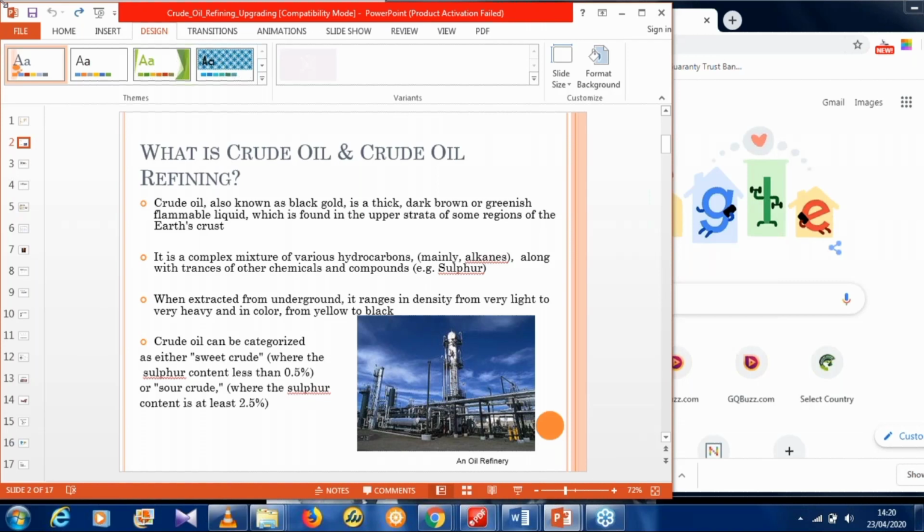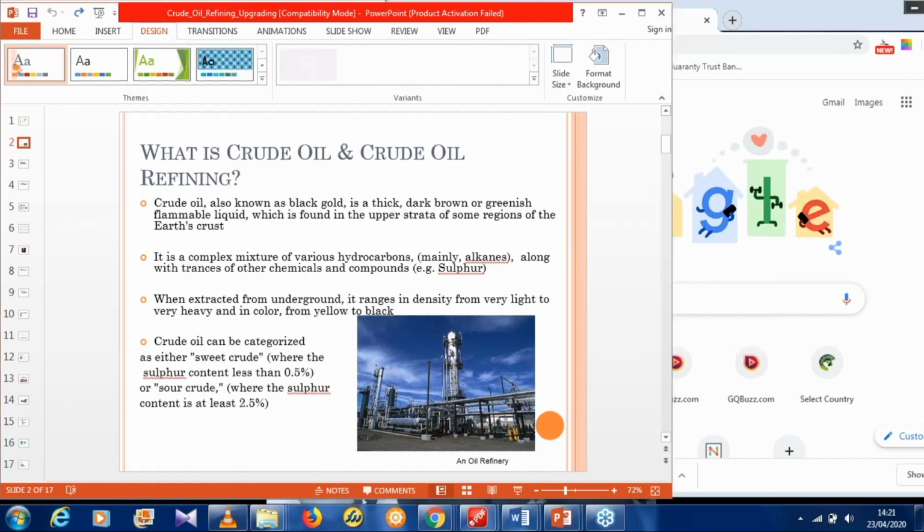A typical example is sulfur. The presence of sulfur compounds in crude oil determines the quality of the crude oil. If you have not too much sulfur content in the crude, then you are likely to have... if you have too much sulfur content